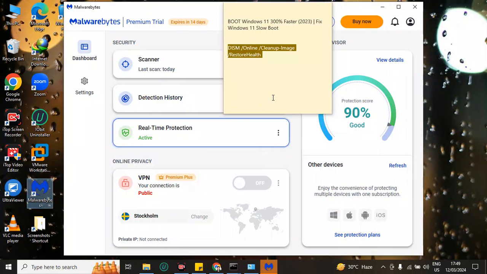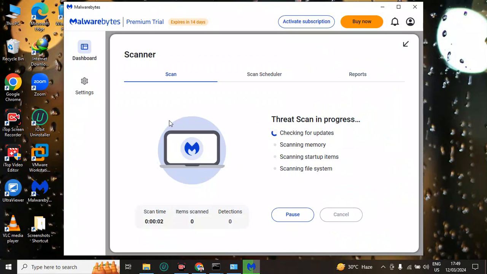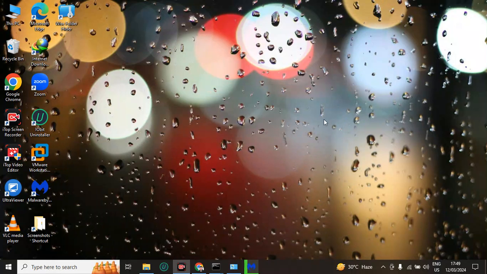And you have to scan this. You'll find here this scan option. Hold on, this one, scan. Just click on this blue button, scan, and your computer will be scanned by Malwarebytes right now. If there is any malware or virus which is slowing your PC, that will be detected and you can delete them easily. Okay, so guys, you can just minimize it here and do the last step, which is